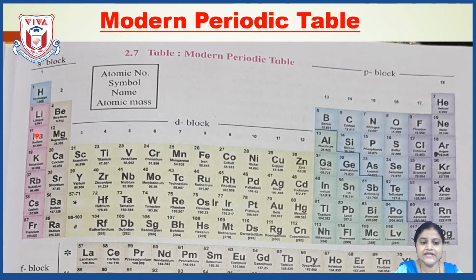If you compare and see the third period elements, that is sodium, magnesium and so on. Sodium, whose electronic configuration is 2,8,1, magnesium 2,8,2, aluminium is 2,8,3, silicon is 2,8,4. That means it is understood that all these elements have three shells. As they have three shells, henceforth they are placed in the third period. So what do we conclude from this?